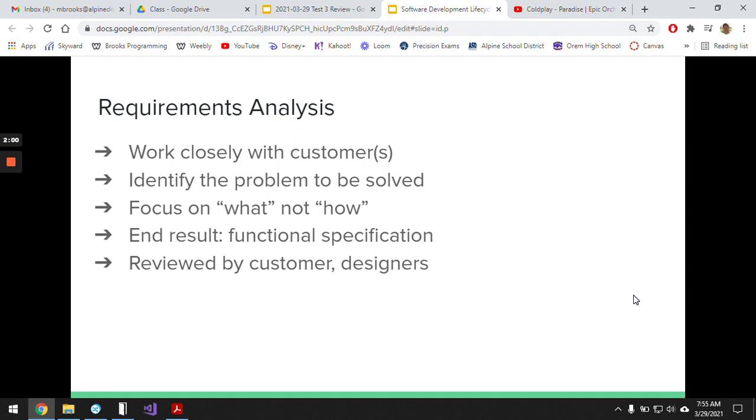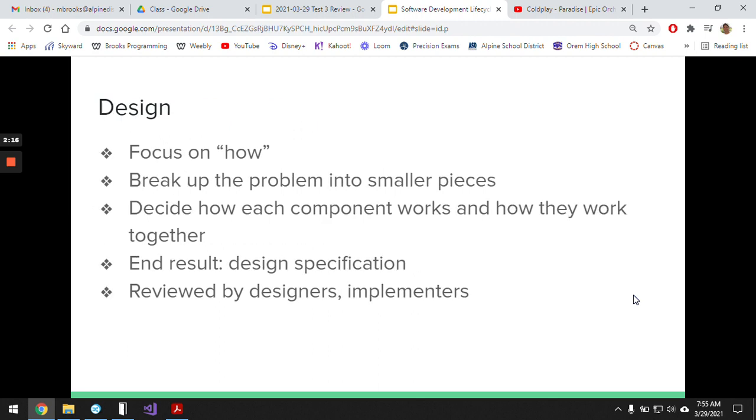The end result is you create a document called the functional specification. It just basically describes what functions we want it to perform. And then it's reviewed by both the customer and the designers. The designers are the ones that come in the next step. When we get to the design phase,